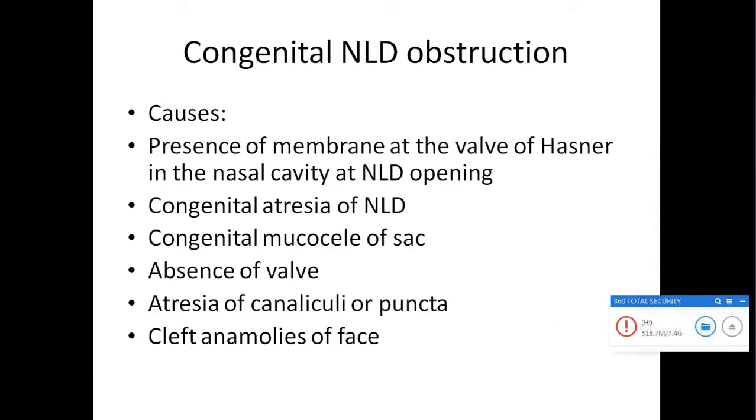So one pathology is congenital nasolacrimal duct obstruction. What are the causes? Presence of membrane at the valve of Hasner in the nasal cavity at NLD. There is a present